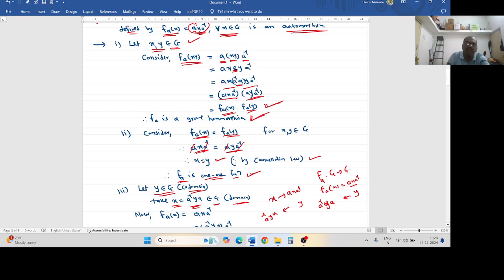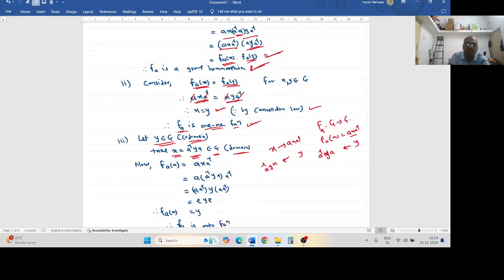Then we have fa of x equal to, by definition, fa of x is equal to a x a inverse,